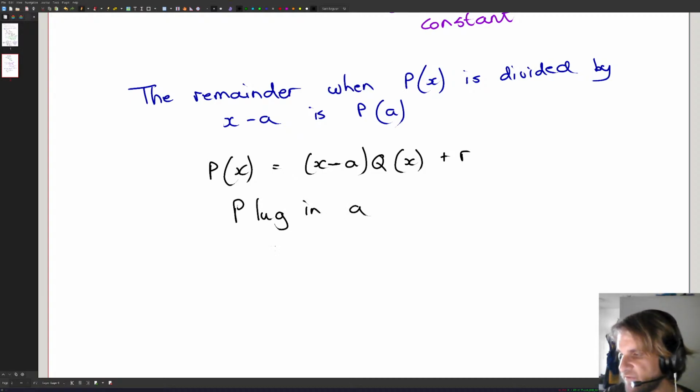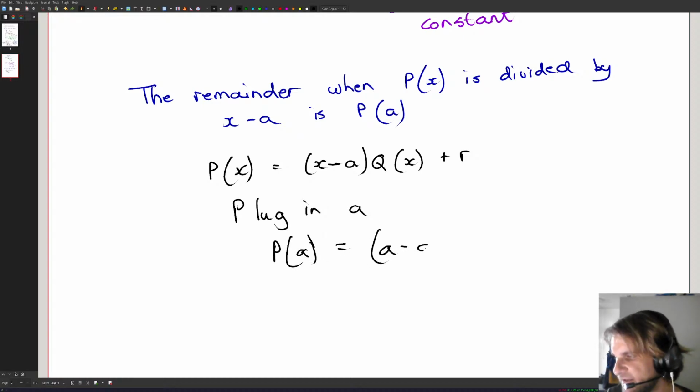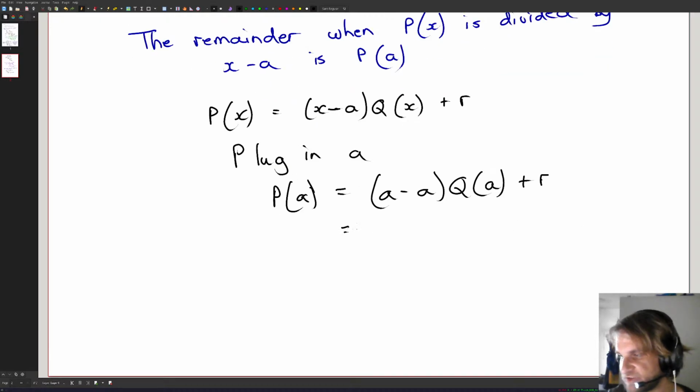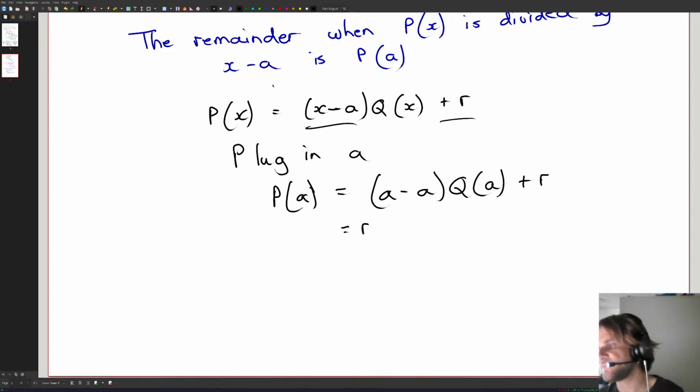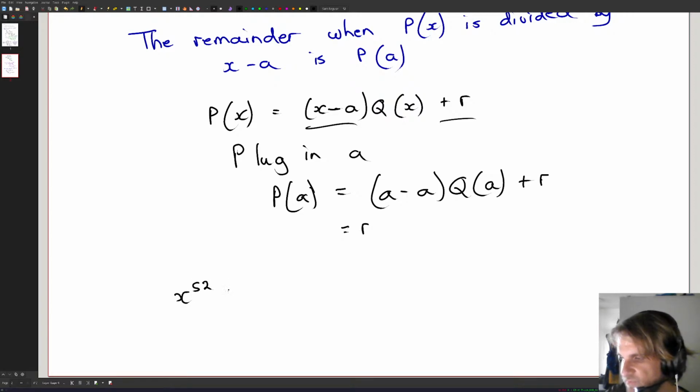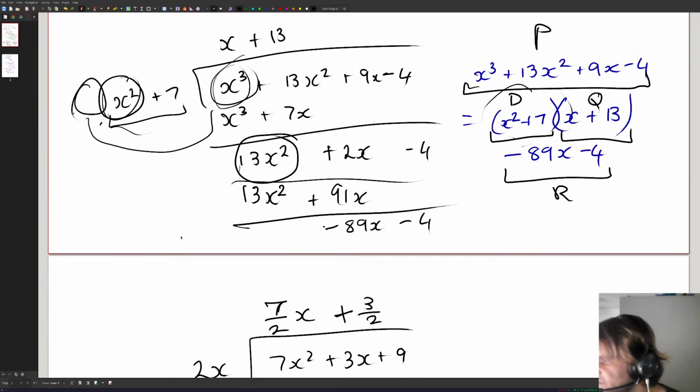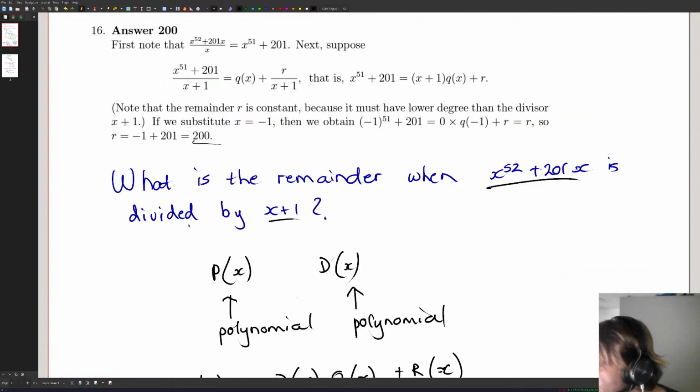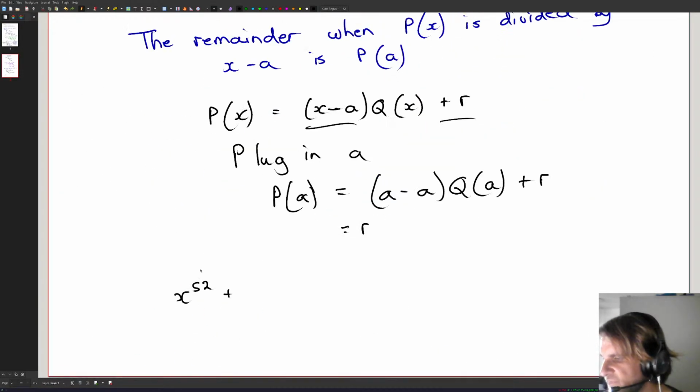and you get that p of a is equal to a minus a times q of a plus this remainder, which is a constant, and that's just r. And so this remainder, when you divide by x minus a, is what you get when you plug a into p. So in our example, we've got x to the 52 plus, what was it, 201x or something? Yeah, 201x